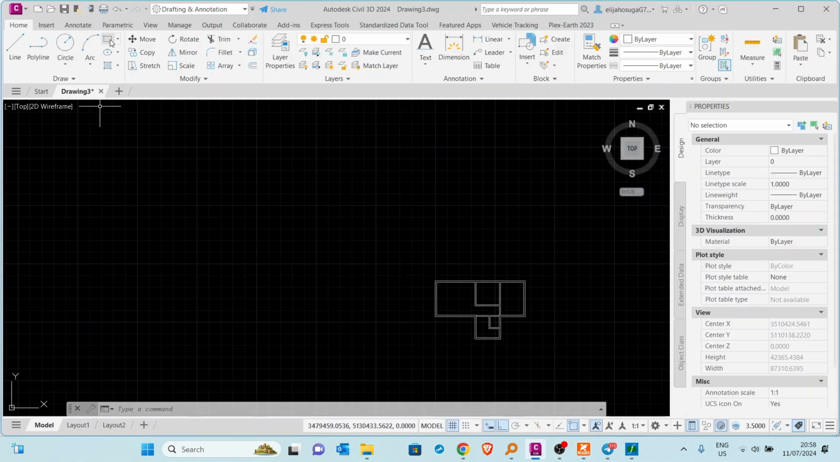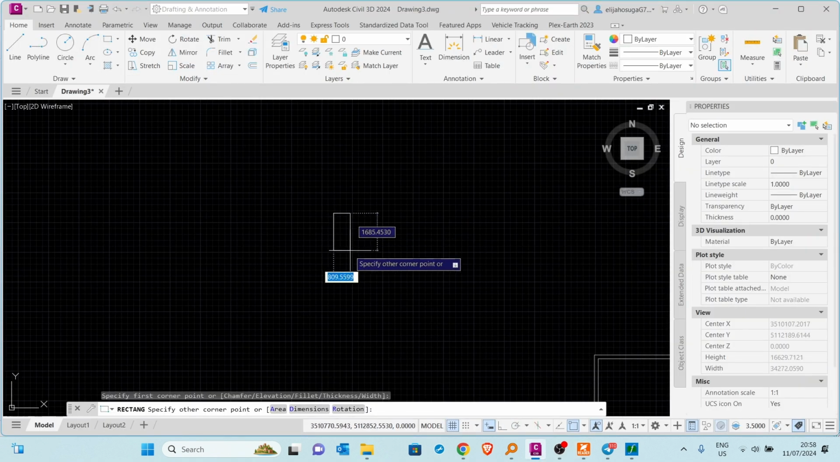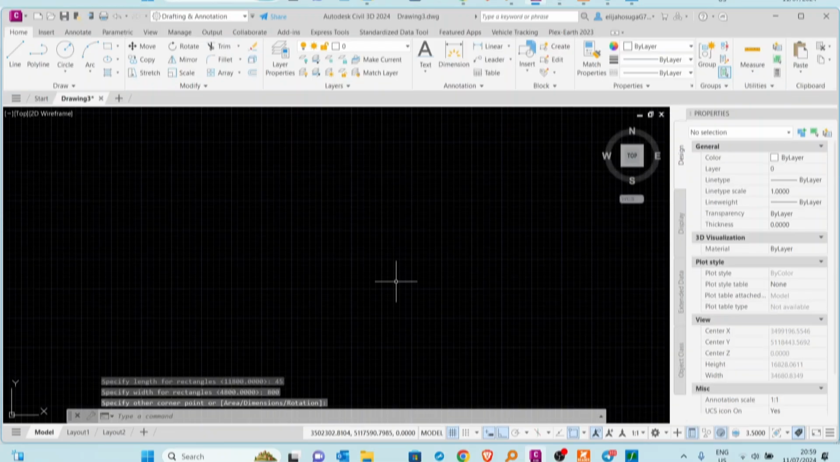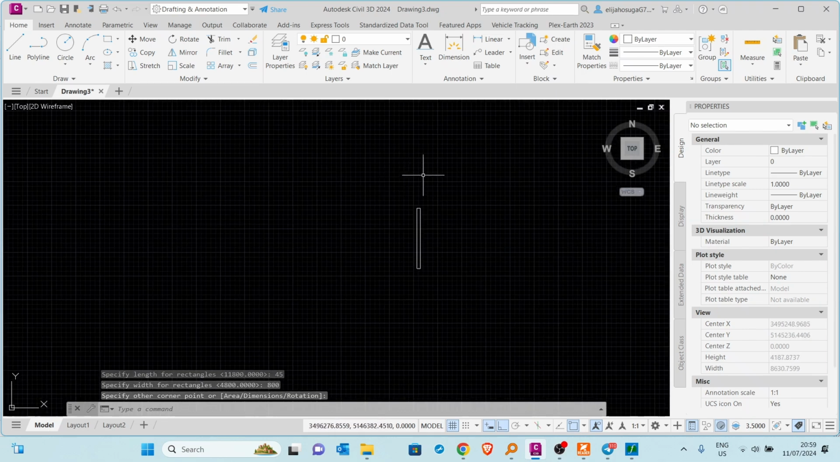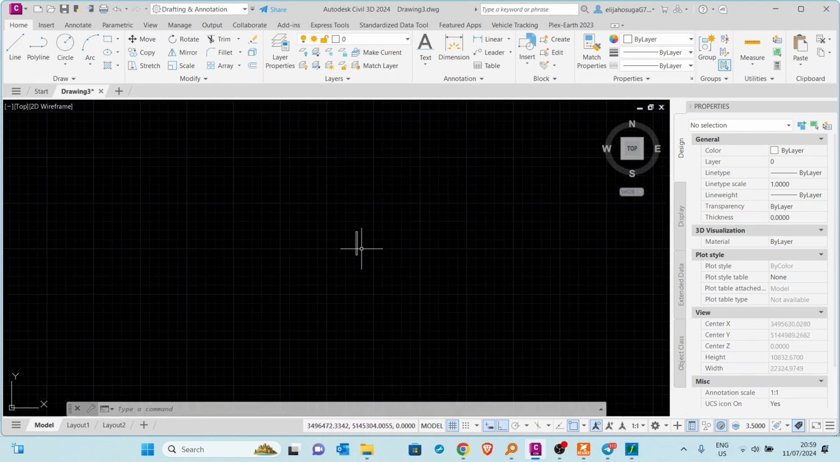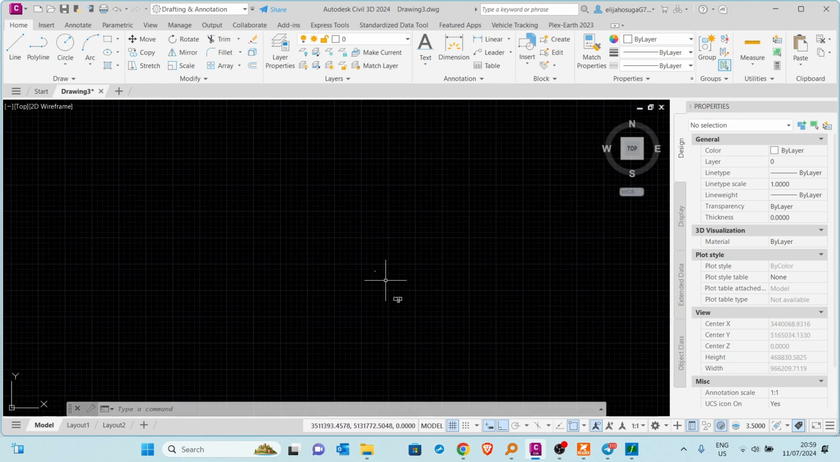So let's do a rectangle here again. Specify the first point, and I do the dimensions, 45 by 800. It is right. So this is the door. This is the actual door. Now to draw this